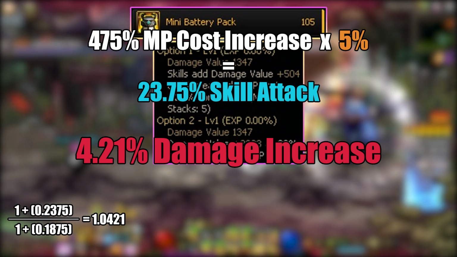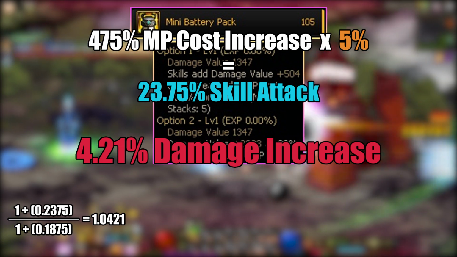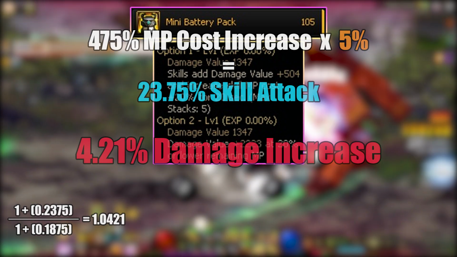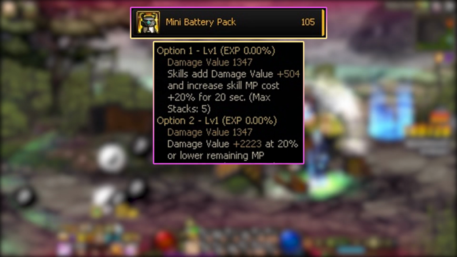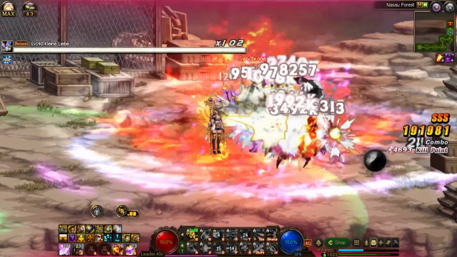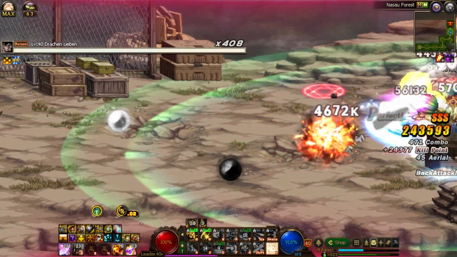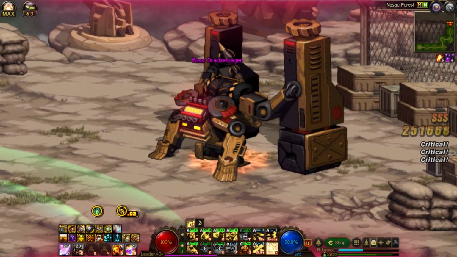granting 23.75% skill attack from the shoes. This translates to a 4.21% damage increase. That's not bad. Furthermore, if your MP falls to 20% or below, you gain even more damage value, making this a strong contender. With this much MP cost increase, however, you're probably going to want a reversible leather coat, which will of course give you 525% MP cost increase in total, and therefore qualify you for the maximum 25% skill